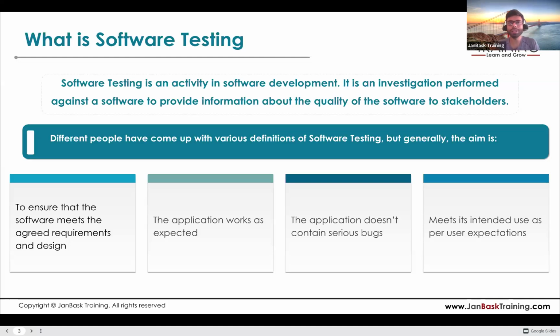Okay. So whenever a particular application is developed, there could be different types of bugs. Some of them might be minor bugs, some of them might be major bugs. So as a tester, we need to make sure that the application doesn't contain serious or major bugs, right? Whenever something is developed, it's almost impossible to make sure that it's